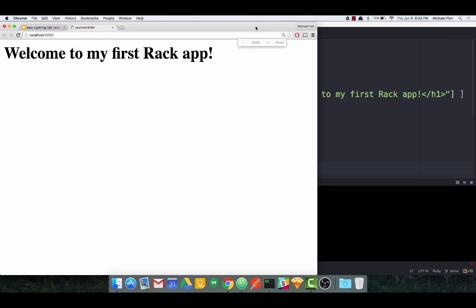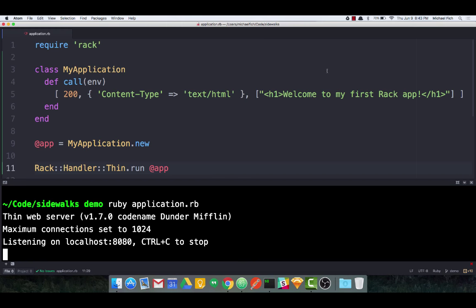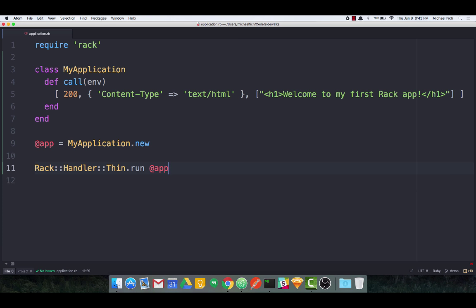So there we have it. That's working. And this is one of the most basic applications you can make, but it's good to know the foundations where everything else is built from. Now if we want to iterate on that a little bit, one of the things that's really flawed here is